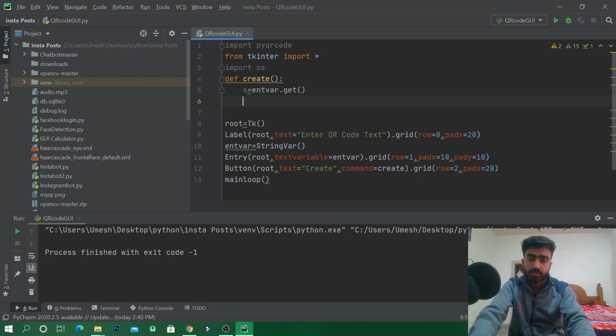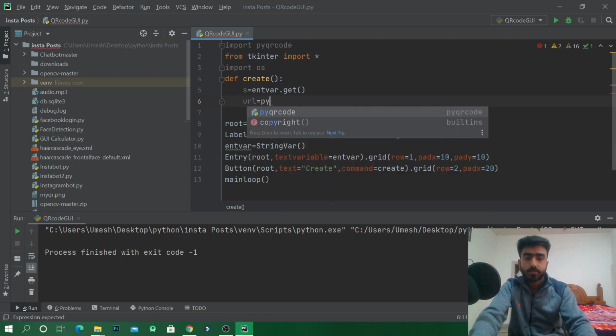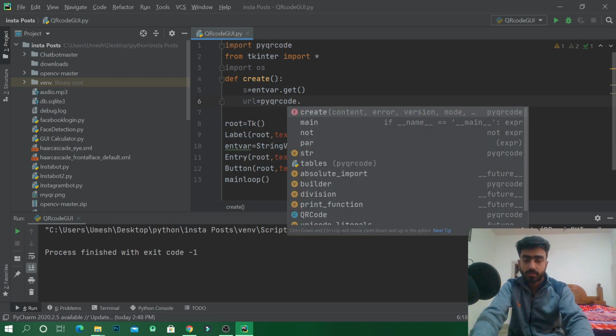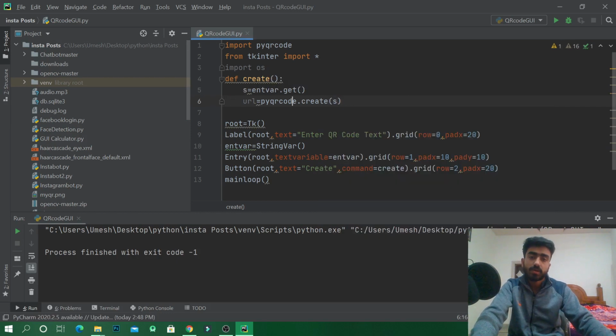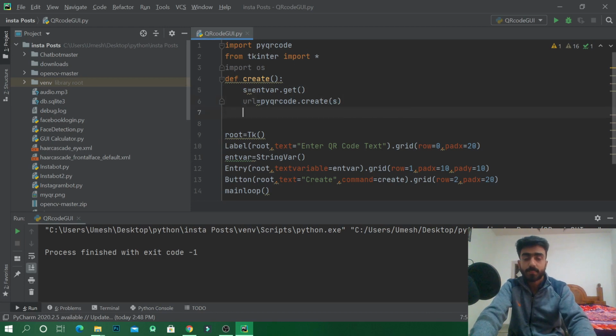So let's create that, URL equals PyQRCode dot create s. Here we are creating the QR code from whatever text we have written in the input field.